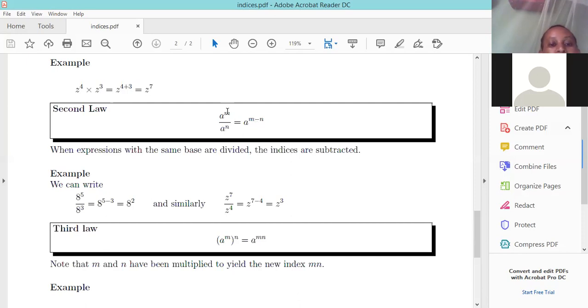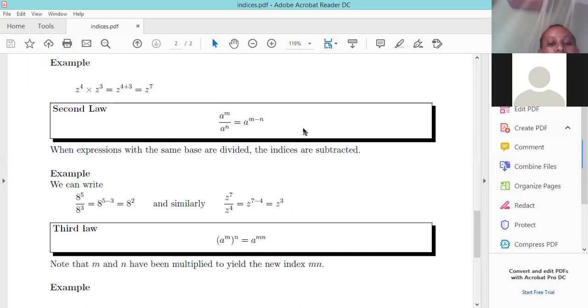So again, before you subtract, ensure that the base is actually the same. So you look at, first of all, how can you simplify your work? Let's say these two bases were not the same, but can they share a particular value, and then you establish it in terms of an index? If so, you have been able to maintain the same base, then the rule is that you go ahead and